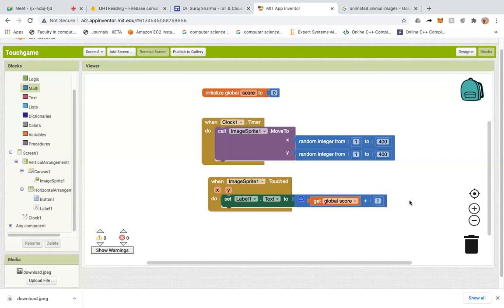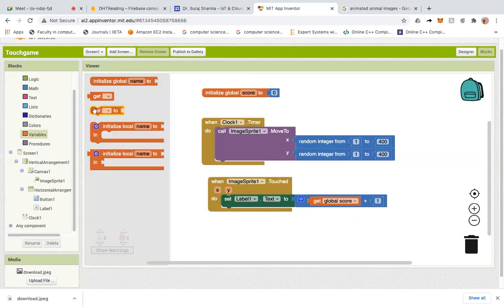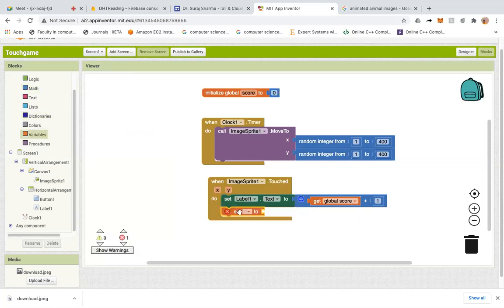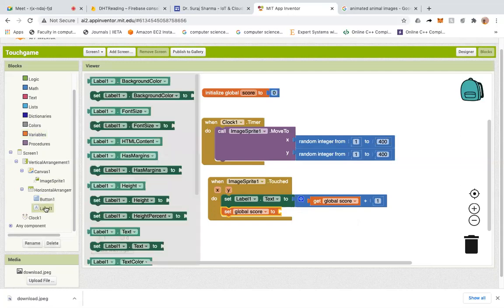Second thing I'll do is set the global score to whatever is in the label, because I have to increase it. The global score was 0, so I have to set the global score to whatever this label1.text is.